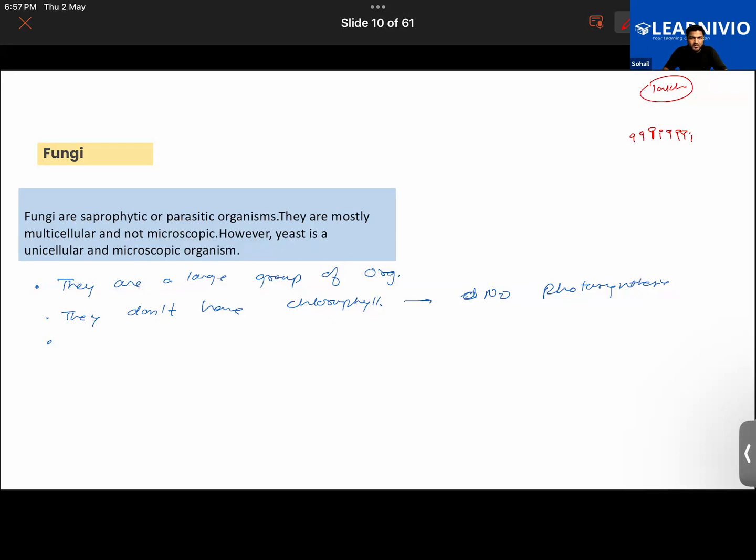Sir, it is the mode of nutrition in which plants take in nutrition from dead and decaying animals. Not just animals and not just plants. Whether it be a plant, a microorganism or a fungus, it lives on dead and decaying organic matter. So they obtain their nutrition from the dead and decaying matter. It could be a plant, a fungus, or a microorganism. Sir, but it will always be natural, right? Yes, it will always be natural, but